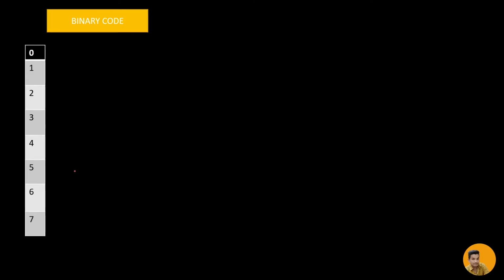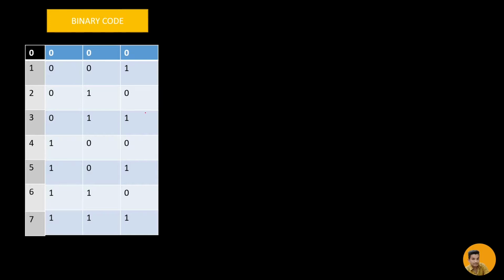Let's see how we can get this gray code from binary code. These are decimal representations from 0 to 7, and here we are taking n as 3 as an example. Then we will have 2 to the power n, that is 2 to the power 3, that is 8 strings, each of length 3. So these are binary code, which is simply 0 is all 0, 1 is this one, this bit is on, and so on.